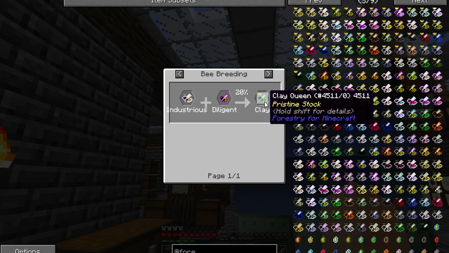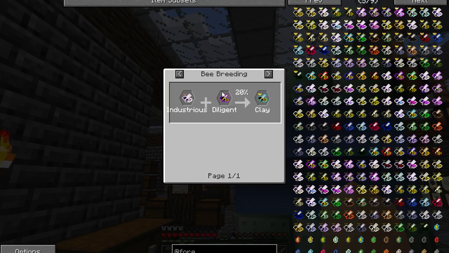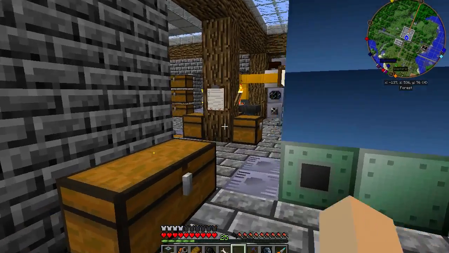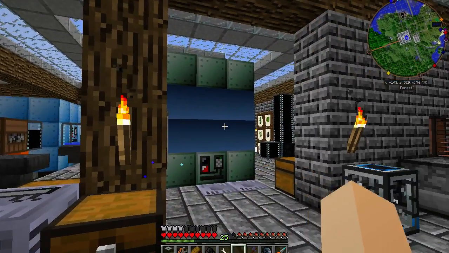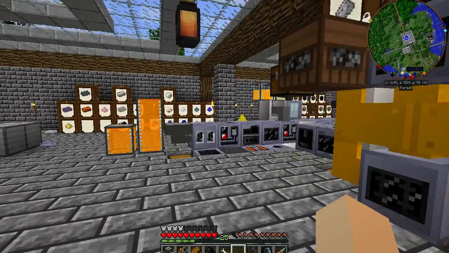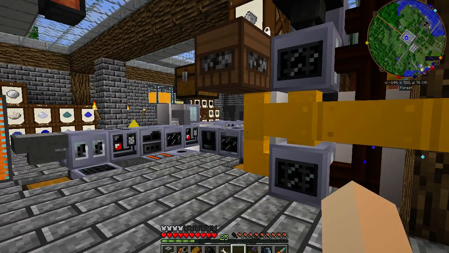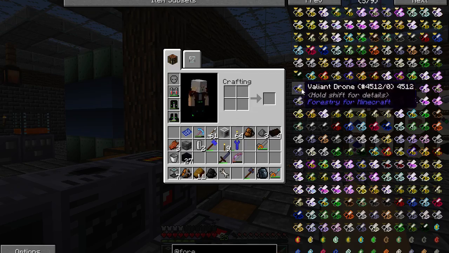And clays are very picky on where they want to be. Like the temperature is normal up to, and the humidity is damp, and it has to be damp. That means you basically have to be in a swamp. I thought that a jungle would work, but I tried it in a jungle and it doesn't work. The only place I can get them to work is in a swamp. Now, I can do